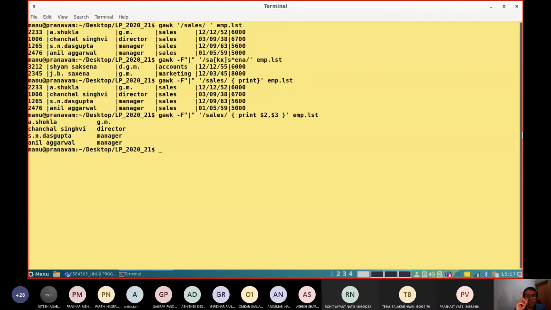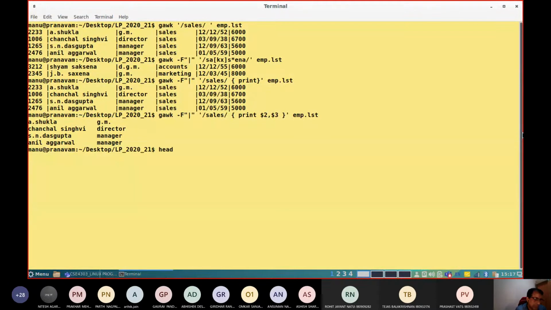In this way, $1 stands for the first column, $2 for the second column, $3 for the third column, etc. is the meaning. And also we have seen head and tail commands.